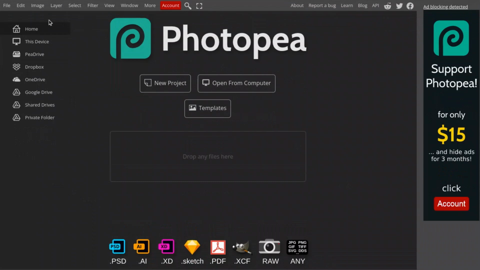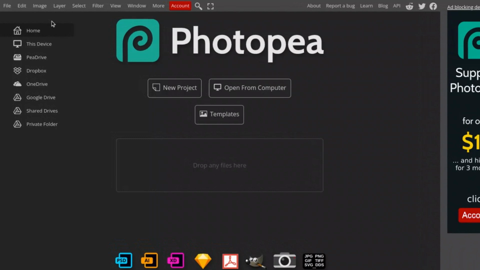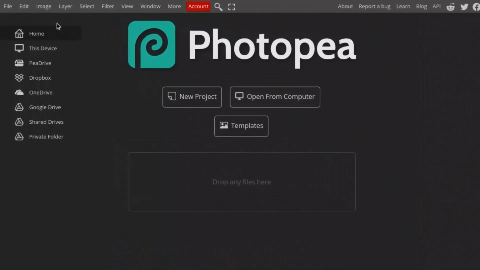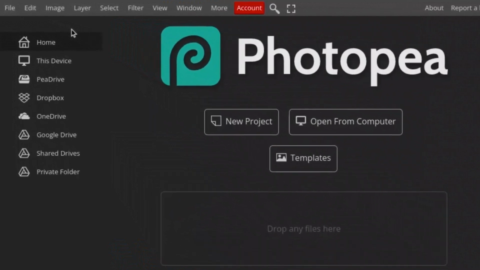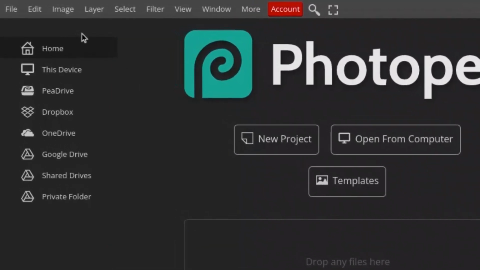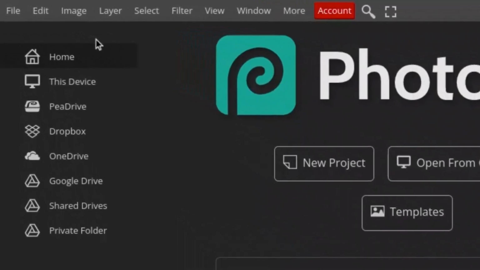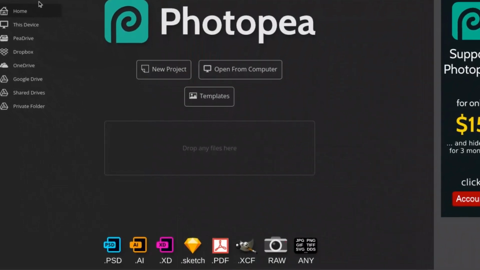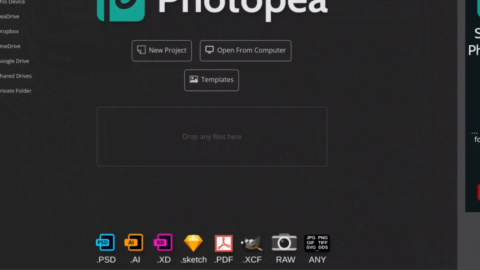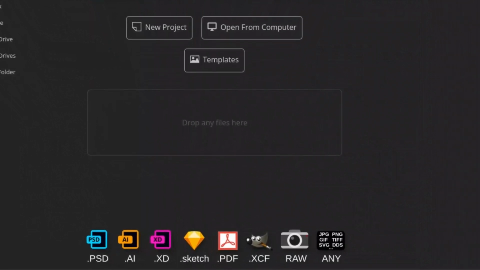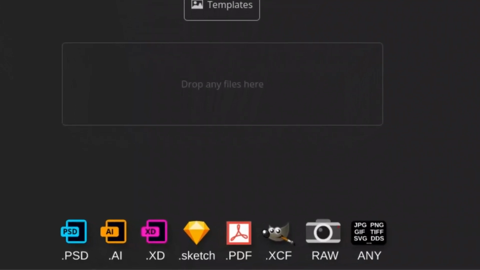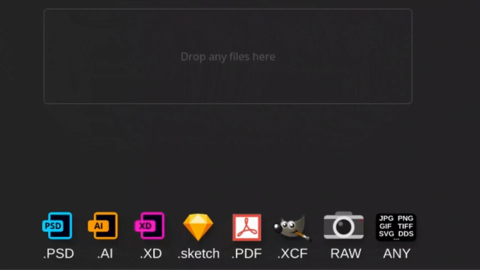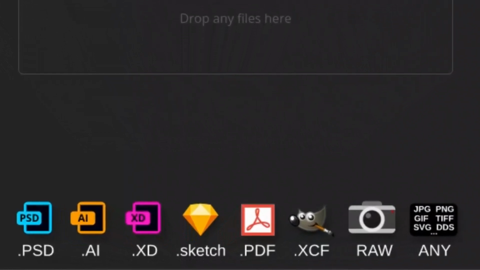For those users who want Photoshop level features right on their Chromebooks, Photopea works very well within the Chrome OS. Photopea is a web app. We get a similar layout to Adobe Photoshop with countless advanced features and editing tools baked right in. And that's not all, because you can also continue editing photos of different file formats such as your PSD, AI, XD, Sketch, PDF, XCF, RAW, and then of course the very common JPEG, bitmap, GIF, and many others.